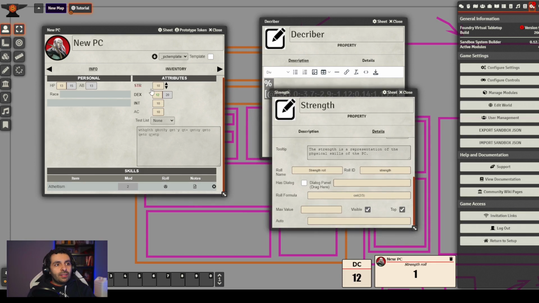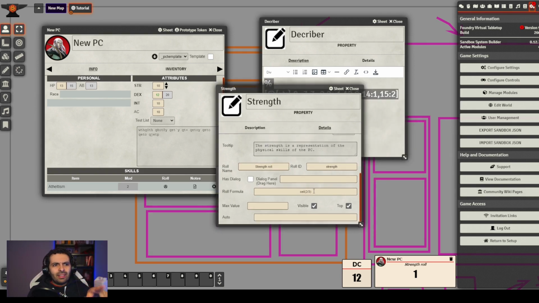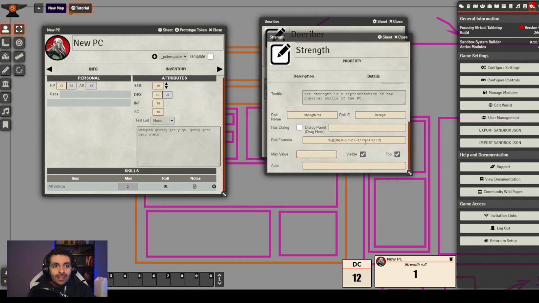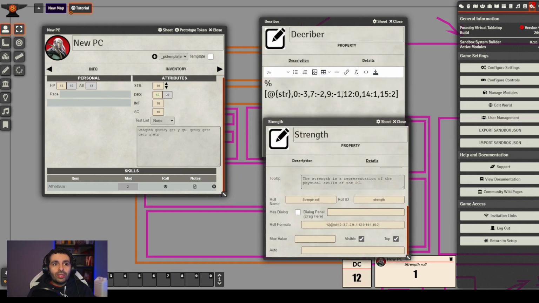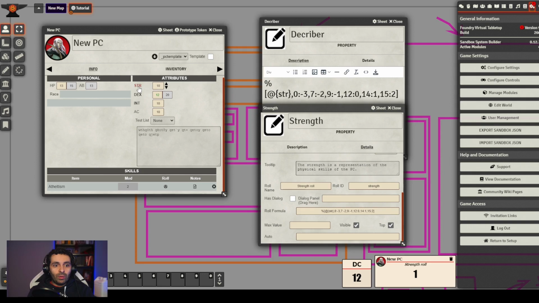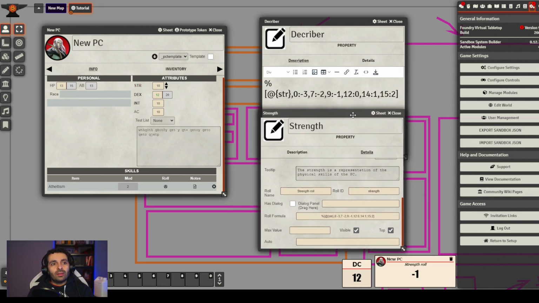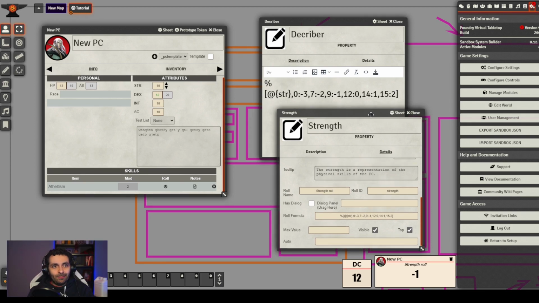Obviously the cool way to do this would be to have a modifier and another field here, like if it was D&D, but let's use this as if it was a roll. So if I do that with a 10 and this table, we should get a 0. Let's see what we get when we roll. A -1. Why are we getting -1 with a 10? Because between 9 and 11 we get a -1.